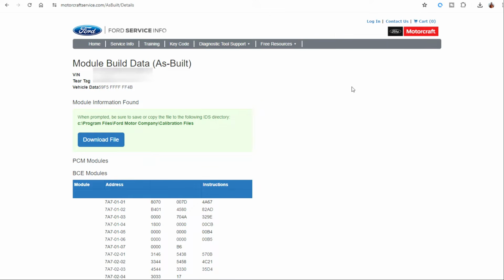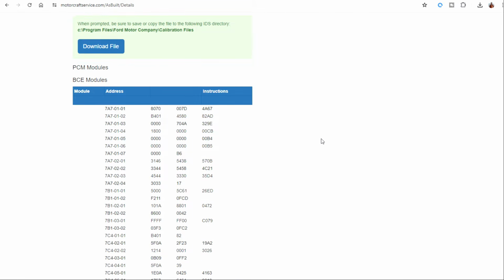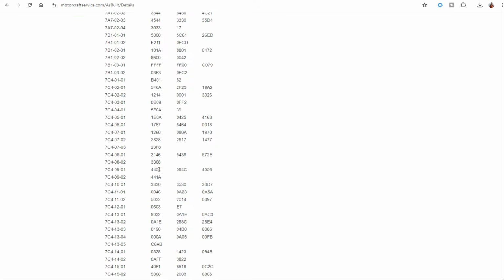Okay. You can see it came back already. Again, this here is our BCE module. These are the addresses. This should look a little bit familiar from that as-built spreadsheet we just showed you: addresses, and these are the codes or the values inside each of these addresses. So this is our default